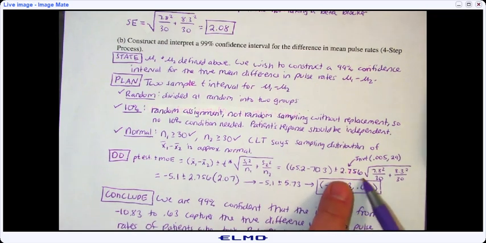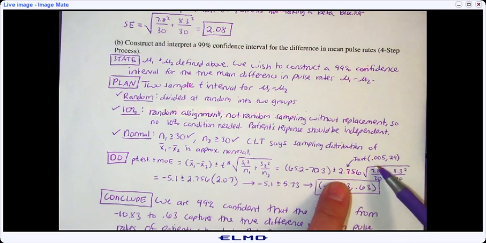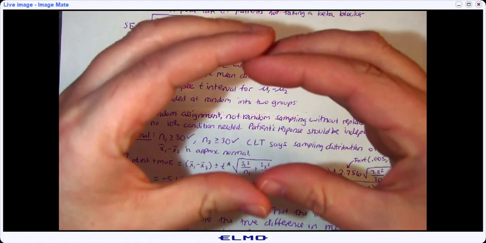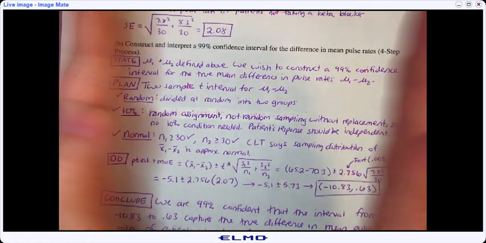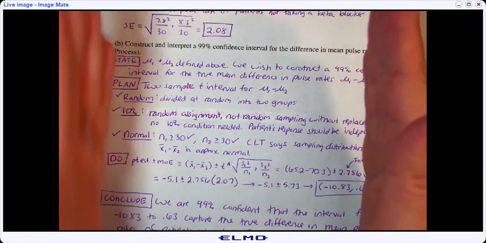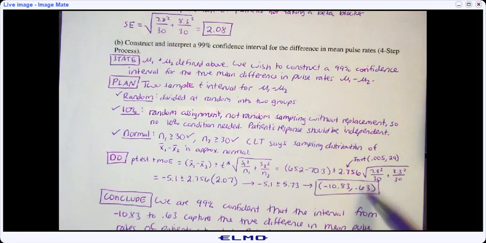Plus or minus t star, and because we're looking at a 99% confidence interval, if we want the middle 99%, we have 1% total on either side, which means 0.5% here and 0.5% here. So that's why you use 0.005, and then you use n minus 1 to get the degrees of freedom. And then the square root of 7.8 squared over 30 plus 8.3 squared over 30, which we already did